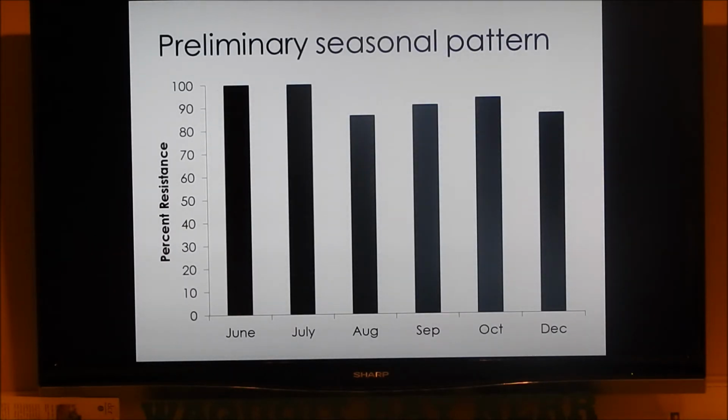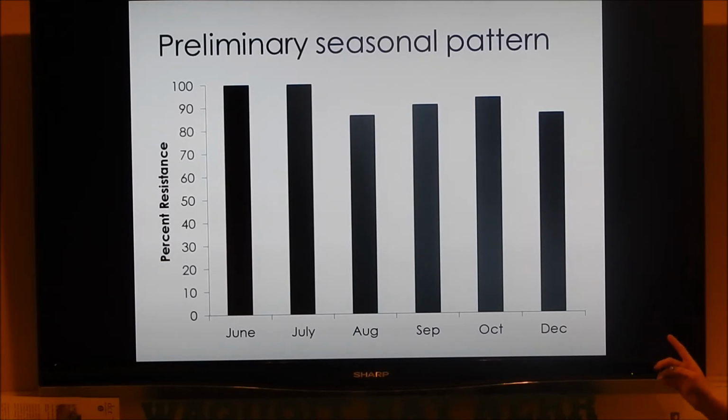Here we're seeing a very small potential seasonal pattern because overall the resistance levels are pretty high. The data that I looked at was from June to December, and we've been collecting the other data, but I just haven't done it yet. Soon enough, we'll have all of that together for a full year. Here we're seeing that June and July have very high levels, and 100% of the isolates were resistant to at least 1 antibiotic. Oh, I should point that out as well. For the rest of these graphs, percent resistance is defined as resistance to at least 1 antibiotic.